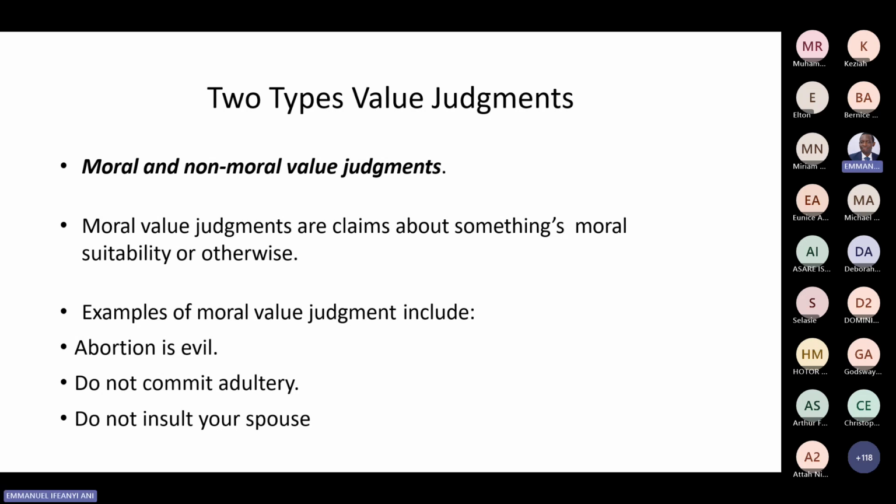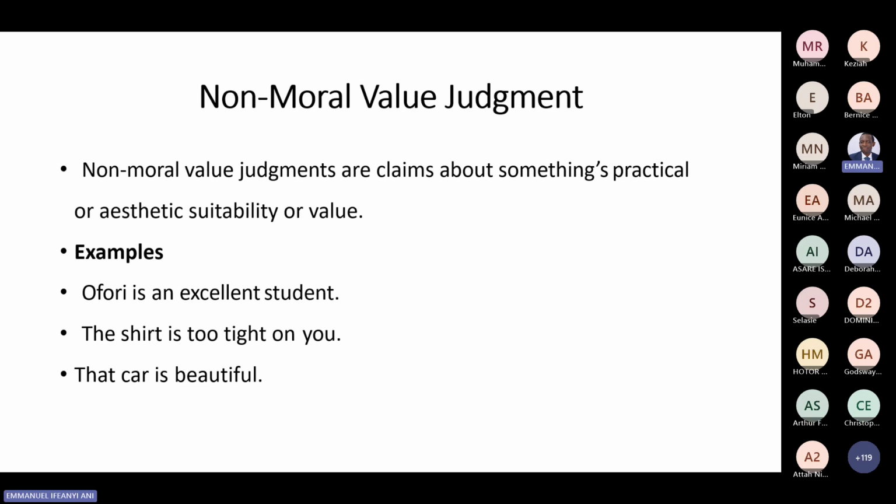That's a moral value judgment. Do not commit adultery. Do not insult your spouse. These value judgments are moral in nature. The non-moral value judgments are claims about something's practical